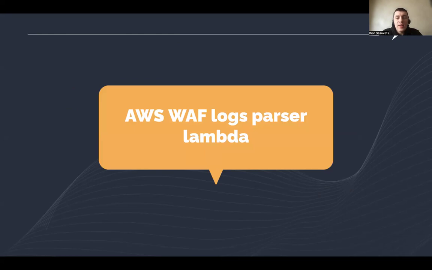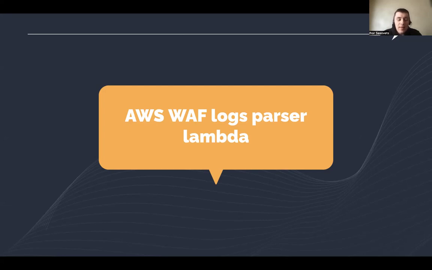It is the AWS WAF logs parser or monitoring Lambda that will help you to effectively monitor even multiple AWS WAF instances and extract some interesting information that is important to you in order to stay up to date, and in order to allow even one team member to effectively monitor multiple AWS WAF instances easily, as well as implement some automated response to malicious traffic,